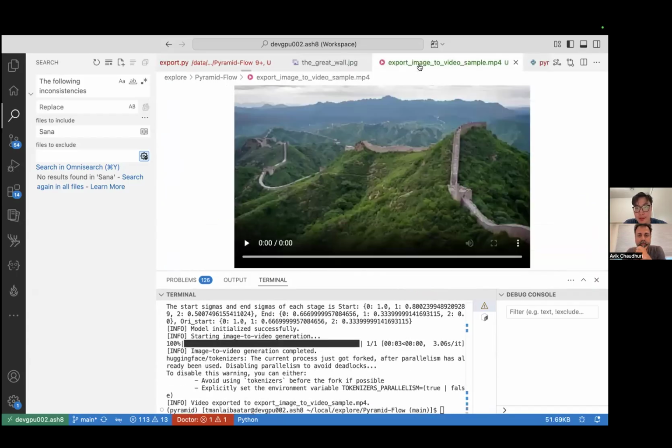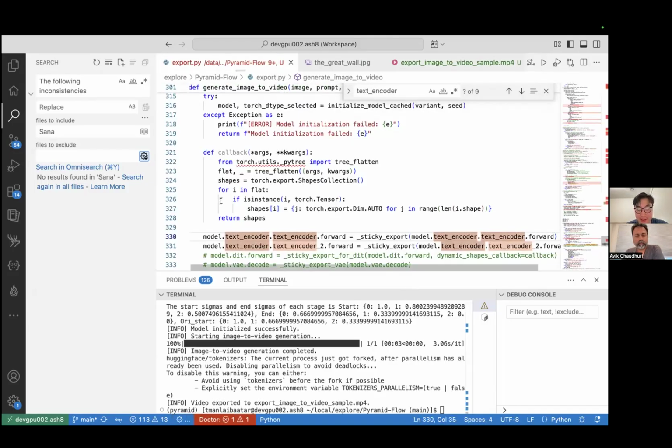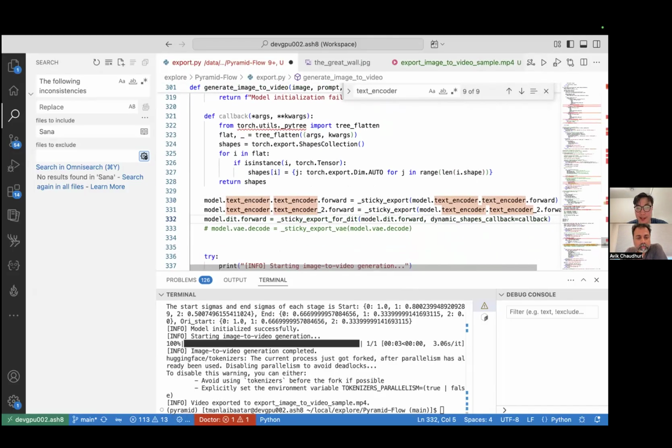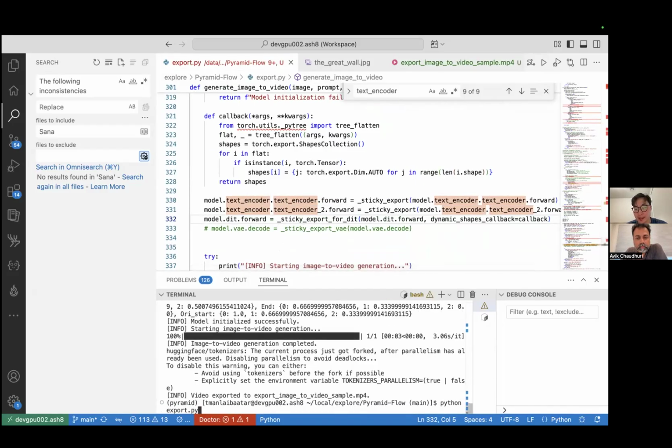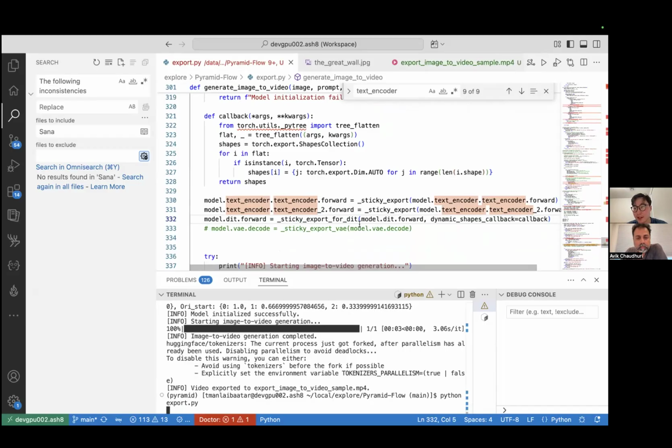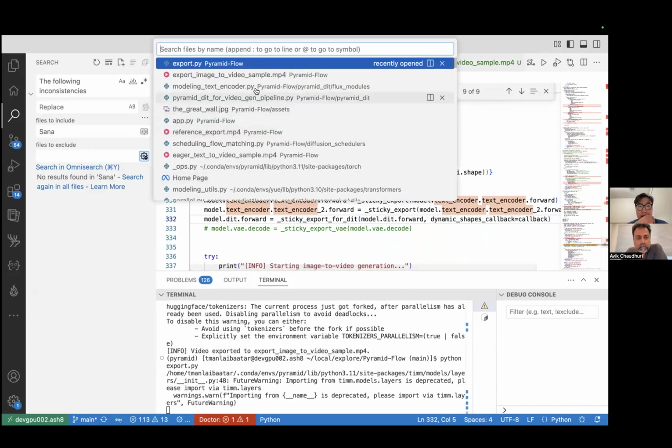So it created a very short video, but you can still see the image is moving, right? So the next step is the IT part, so let's try. Now we are exporting the encoder part. Now we are also exporting the main chunk of the model. One thing I wanted to highlight here is